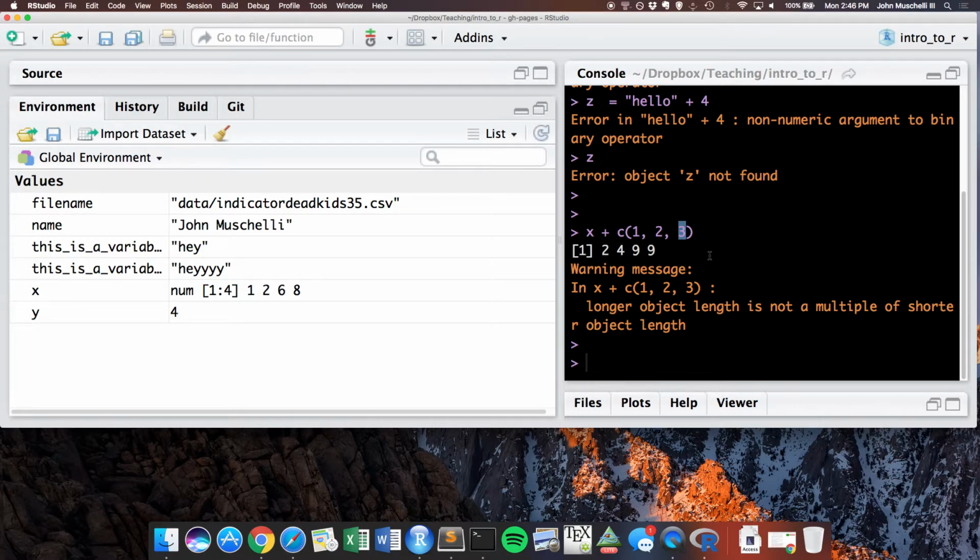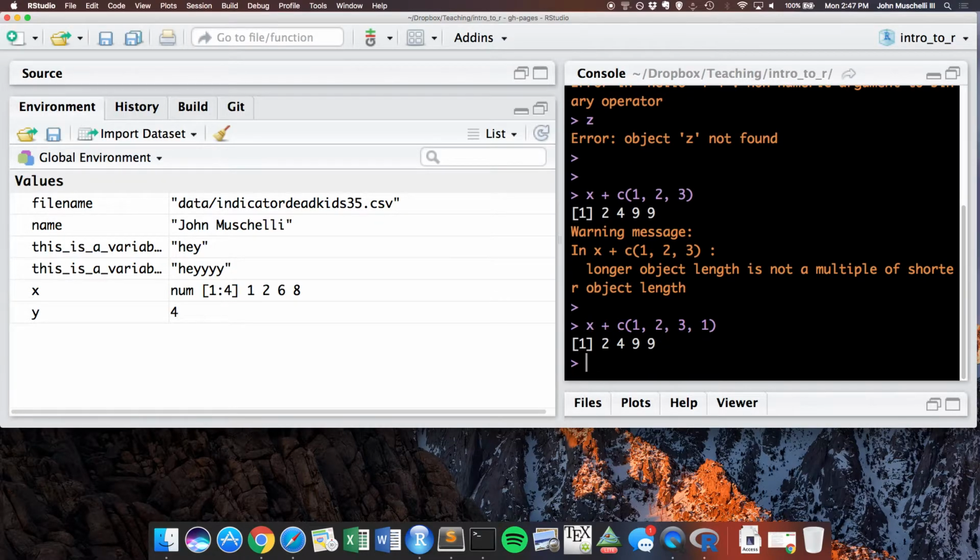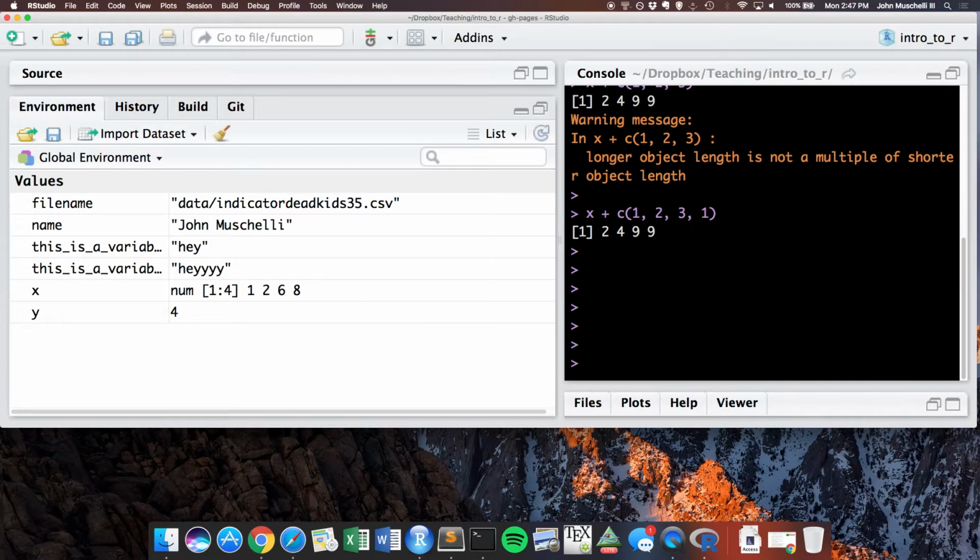Now, what happens? It says, okay, we've run out of things on the right-hand side, so I'm going to wrap around. It repeats this thing over and over until it makes the length that we need. That's where you get the 9 again, because the 8 in x is added to the 1 here. It's the same thing: it said 1, 2, 3, I don't have anything left, so I'm just going to go back to the beginning. That is sometimes helpful, usually dangerous,